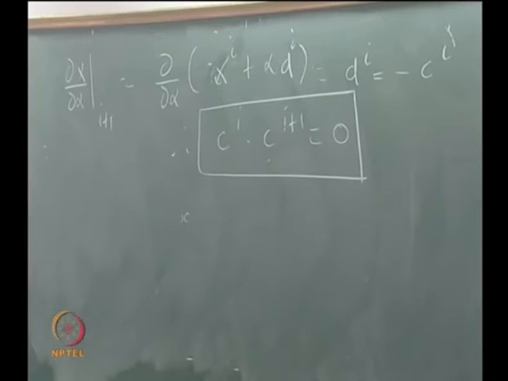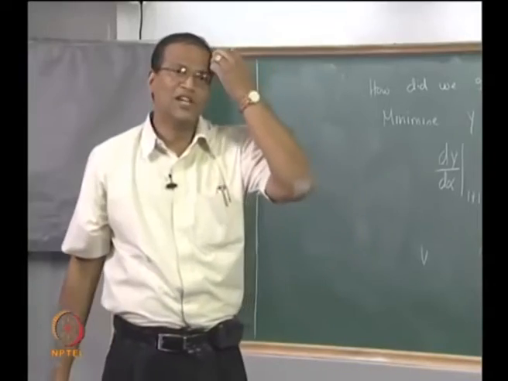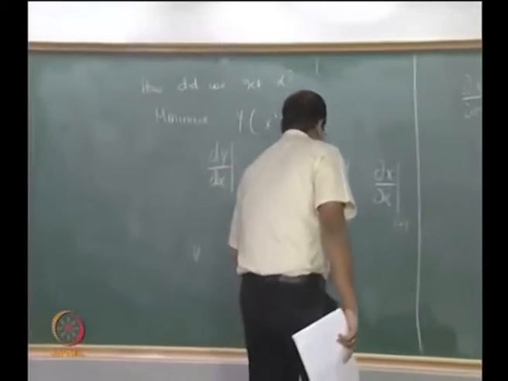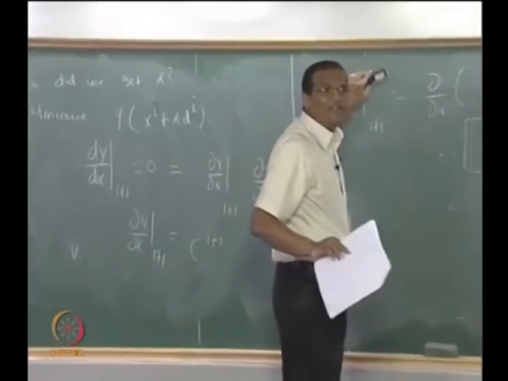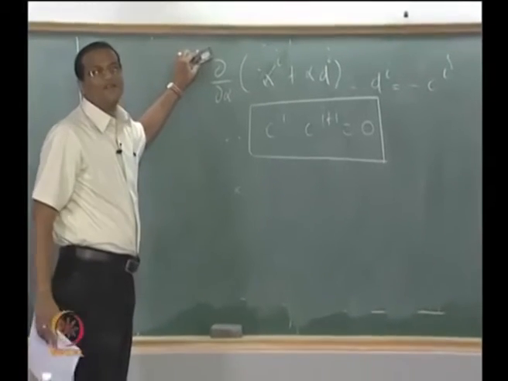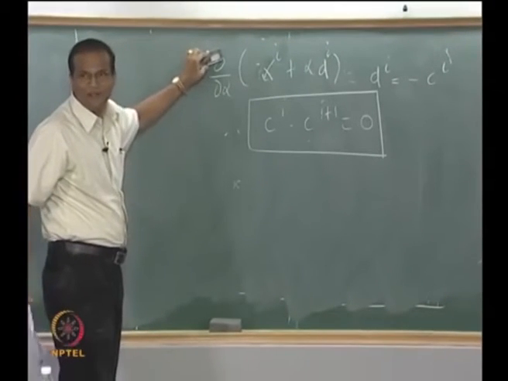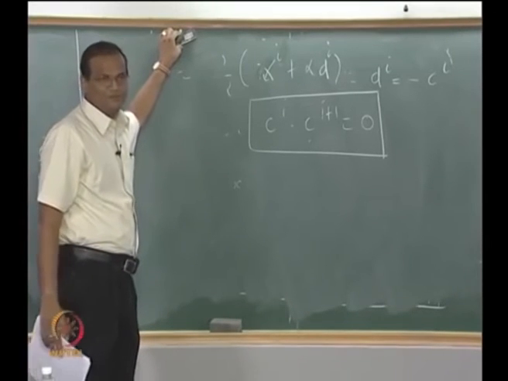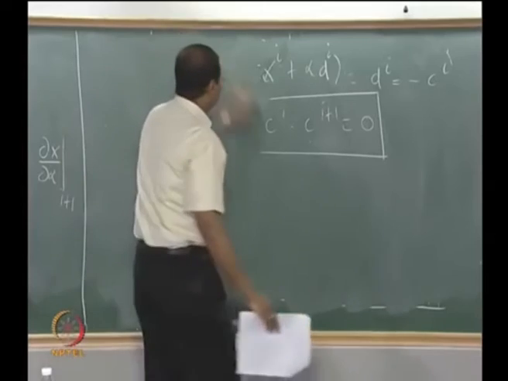So in the last 5 minutes we will wind up our discussion on Cauchy's method by introducing a very interesting variant, namely the conjugate gradient method. The conjugate gradient method can be used in your project, it can be used in your research. If you say I have solved a problem with the conjugate gradient method, the reviewer will not say anything. If you say I have solved it using steepest descent, he will say no good.